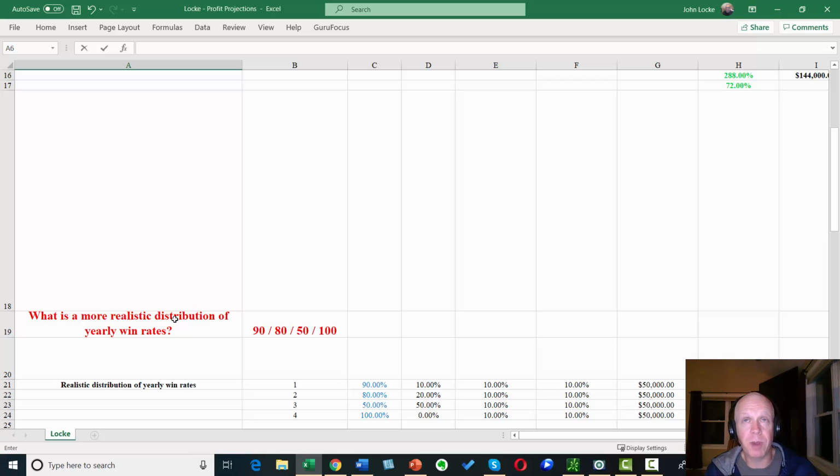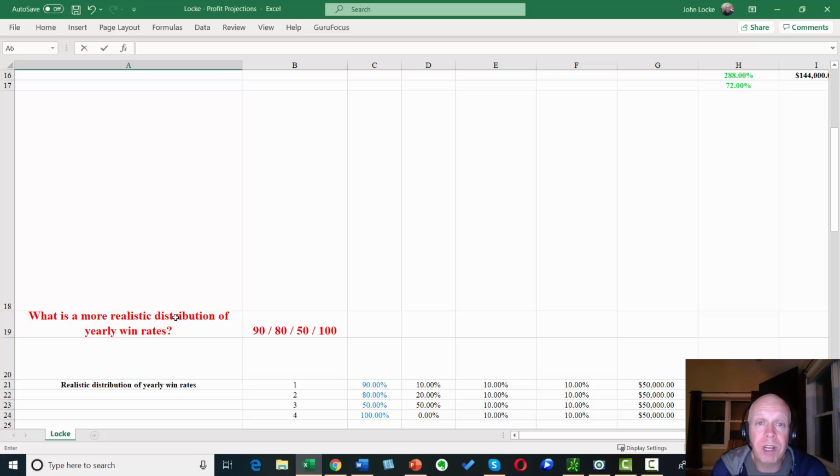Right? Just because you have a strategy that back tested with an 80% win rate, just because it won 100% of the time for a couple of years, it doesn't mean it changed the dynamics of the market, and it doesn't mean that the dynamics of the trade are all of a sudden going to work every single time going forward. Chances are that strategy is going to run through a rough period that's going to draw you back down to that 80% win rate on average. And like I said, if you had 100% years in a row, that's going to take some years in the 60% range in order to straighten out.